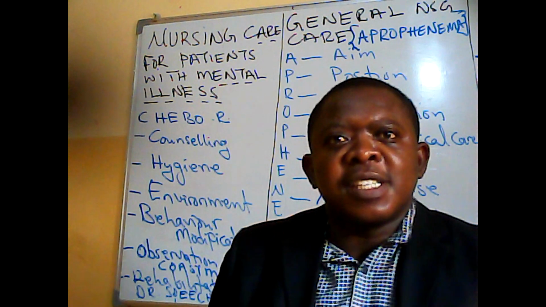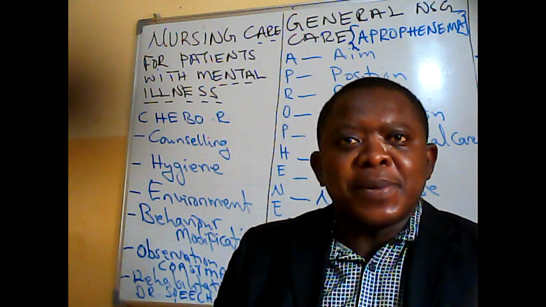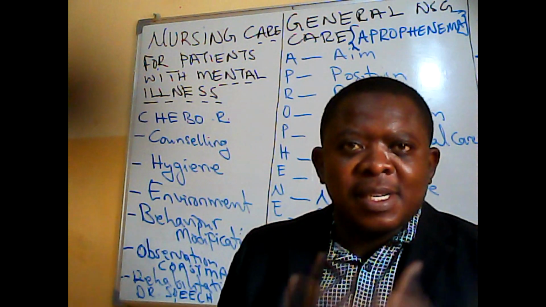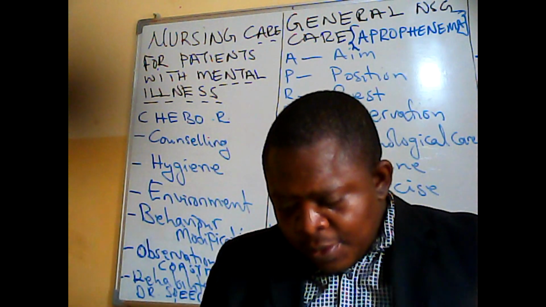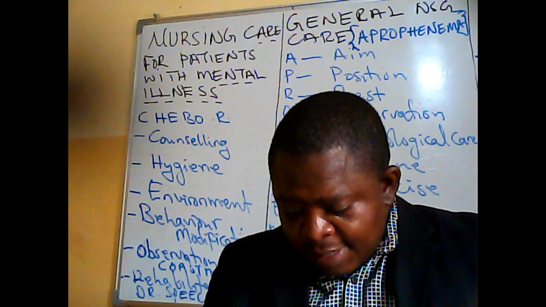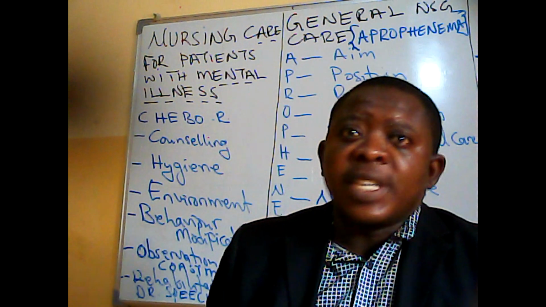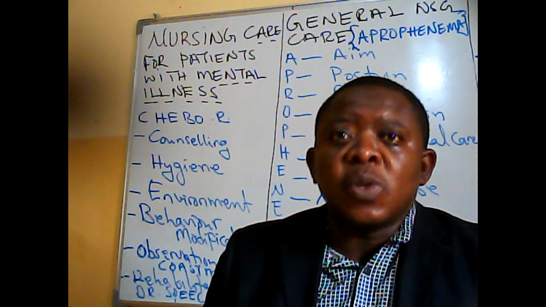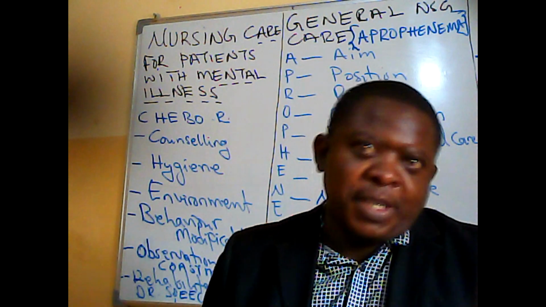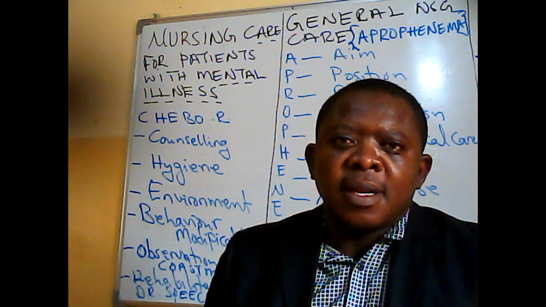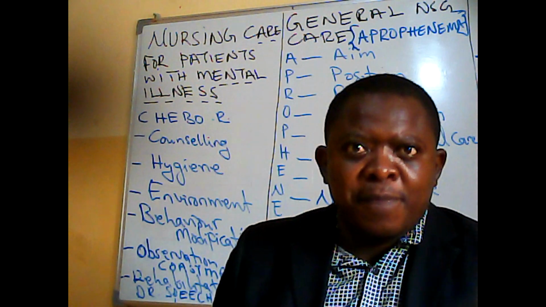But there are certain activities within the discharge plan which will tell you that the patient is now okay, because they will act as key principal indicators in showing that the patient is actually recovering. All right, so that is on activities. Then I is interest. The patient needs to develop interest in research, the family needs to develop interest in research, and also the caretaker needs to develop interest in what can work for the patients. It's only that which will allow the healthcare provider to know what can be done for the patient.